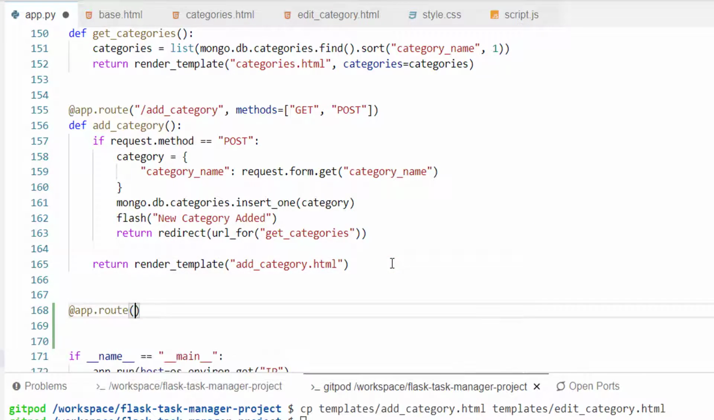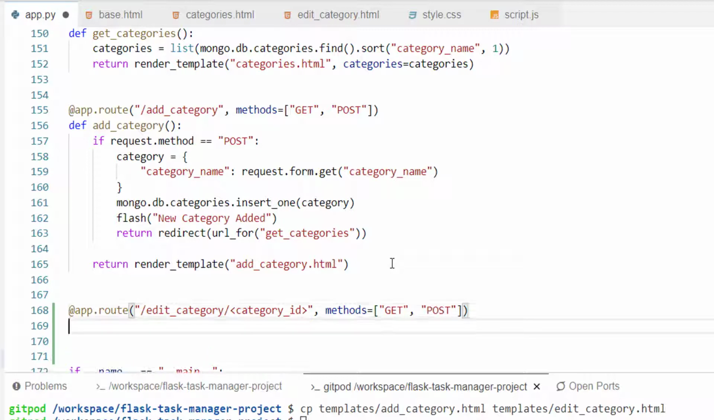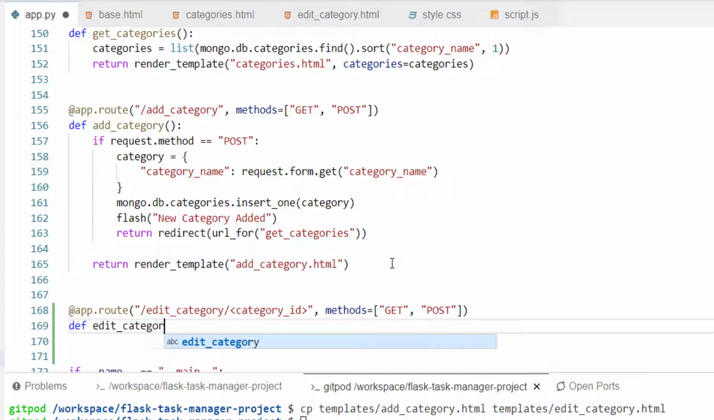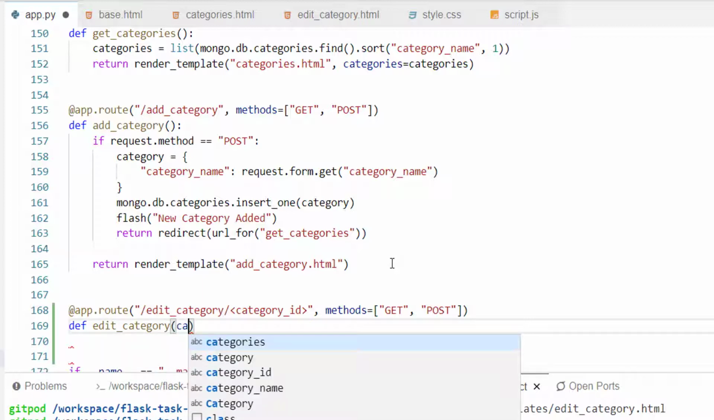The @app.route decorator will be /edit_category, and we're passing through the variable of category_id in angle brackets. This function will use both the get and post methods. For consistency, the view will have the same name as the decorator, and will accept the variable being sent above